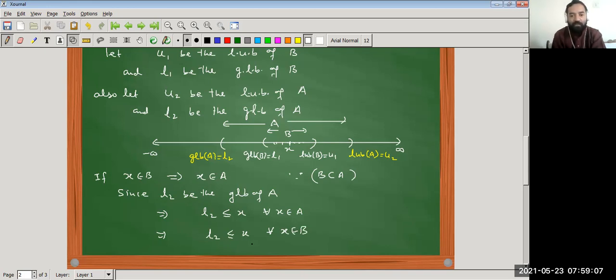So we construct a relation. अब, now a question is, ये L2 B के लिए क्या होगा? L2 A के लिए तो ग्रेटेस्ट लोअर बाउंड है, but L2 B के लिए क्या है? Quickly, pause the video, revise the content and then proceed. Yes, very good.